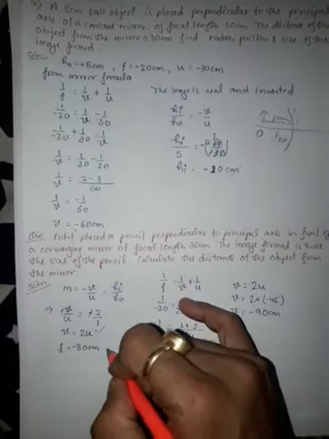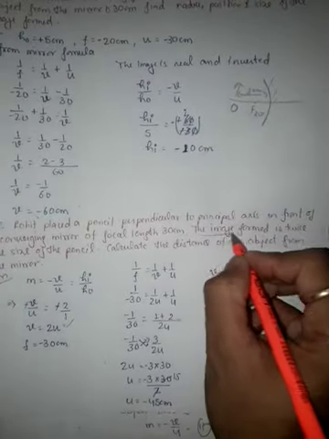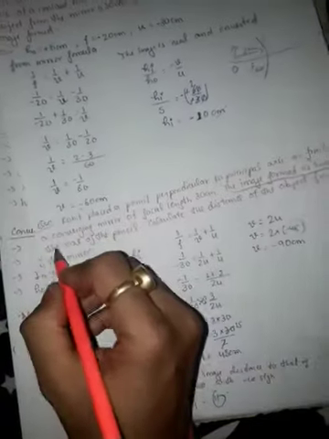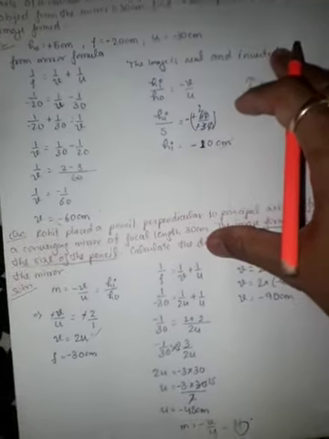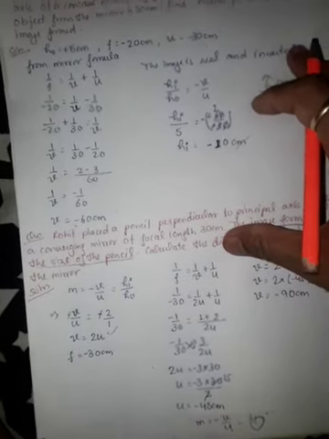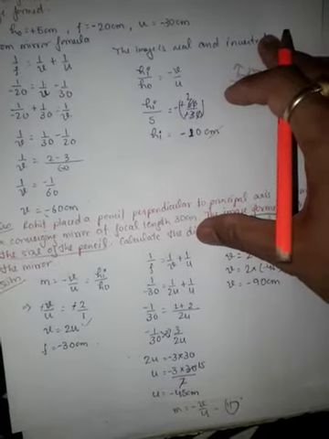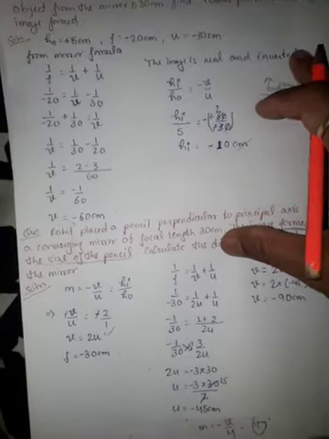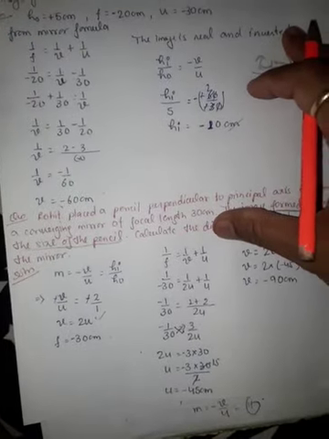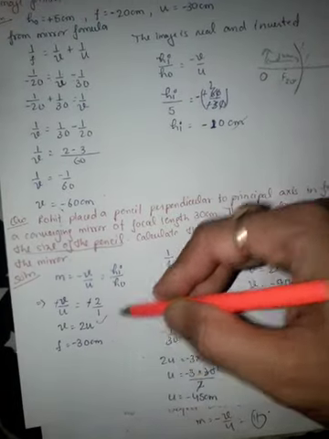Now the focal length is given as minus 30 centimeter. First of all you have to know this, which is the most important. It says the magnification is given, that is 2. You can directly use magnification m equals minus v by u. For that you will use the minus 2 sign because of the negative sign of the height of the image and the height of the object. One is always taken as negative, so a negative sign will come. Focal length is negative 30 centimeter.